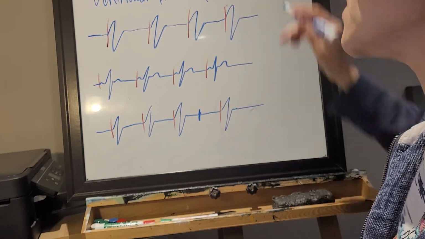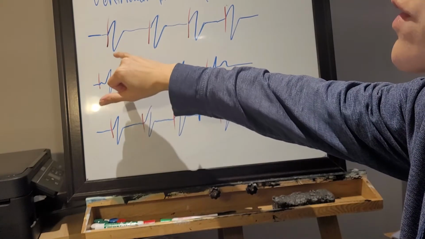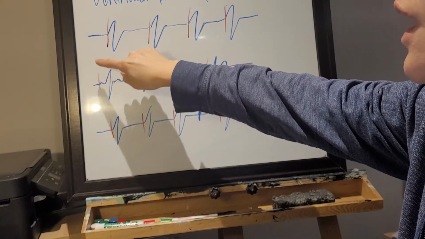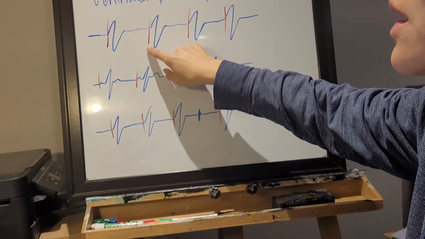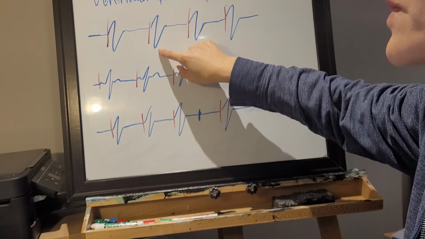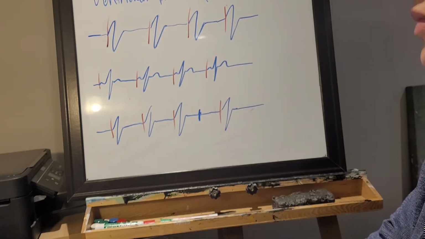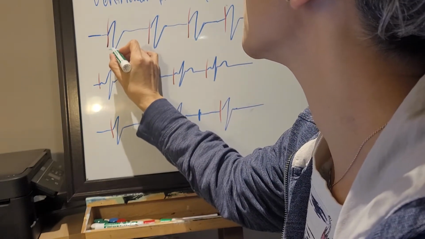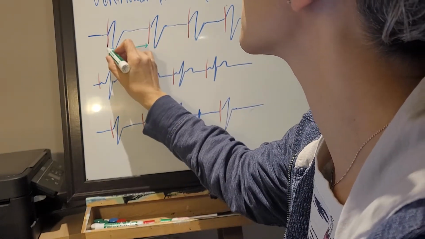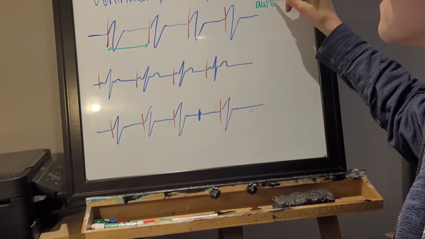Or we call it VP, or you can label it VP. So you have a pacemaker artifact followed by a wide QRS complex, and then a little bit more time goes, you have another pacemaker artifact, and then another QRS complex, and so on and so forth. The one thing I want to draw your attention to is the distance between the two spikes. Okay? That distance is called the automatic